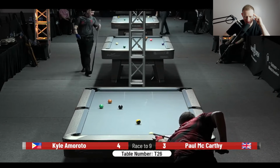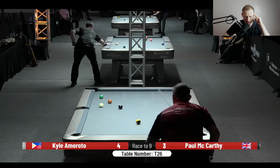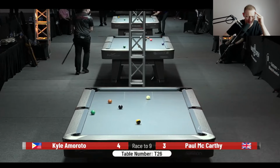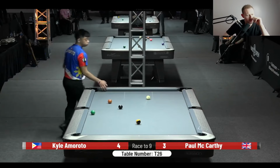It's not my favorite shot off the rail, I have to say. So yeah, I've hit that too hard and too thin. Almost sold out. Luckily, the 6-ball went past the middle pocket. I was grateful for that. But